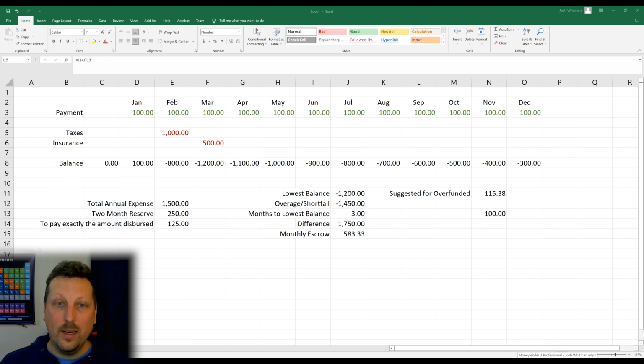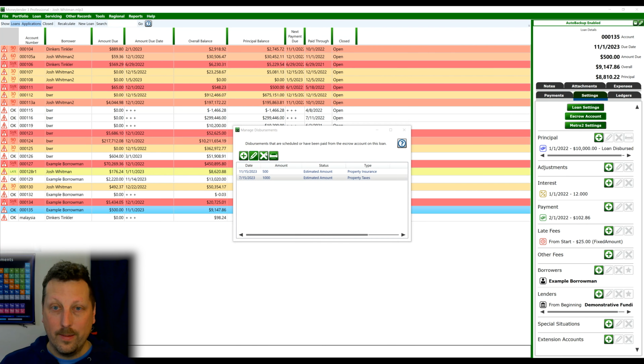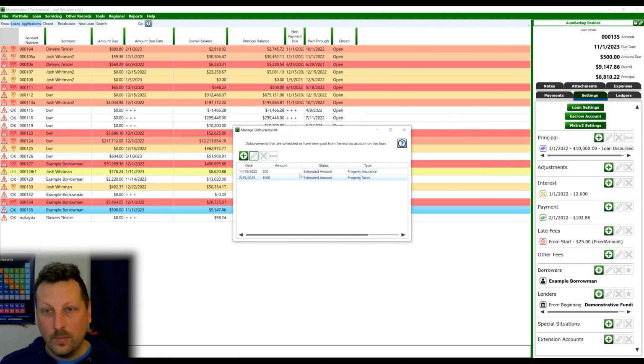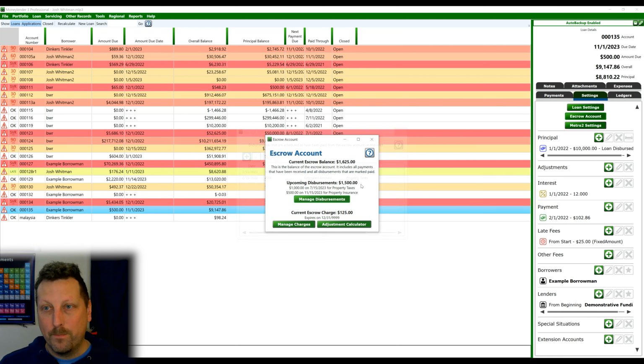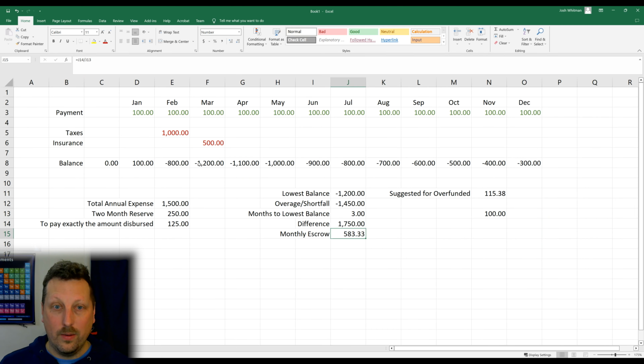If we do the same thing in Moneylender, where property taxes are in February, edit that and make it February, and the insurance is in March. So now we're paying that way sooner in the year. When we go back and say, starting in January, 583.33 in order to make sure that, so if we plug that in, 583.33, we've got $250 at the lowest